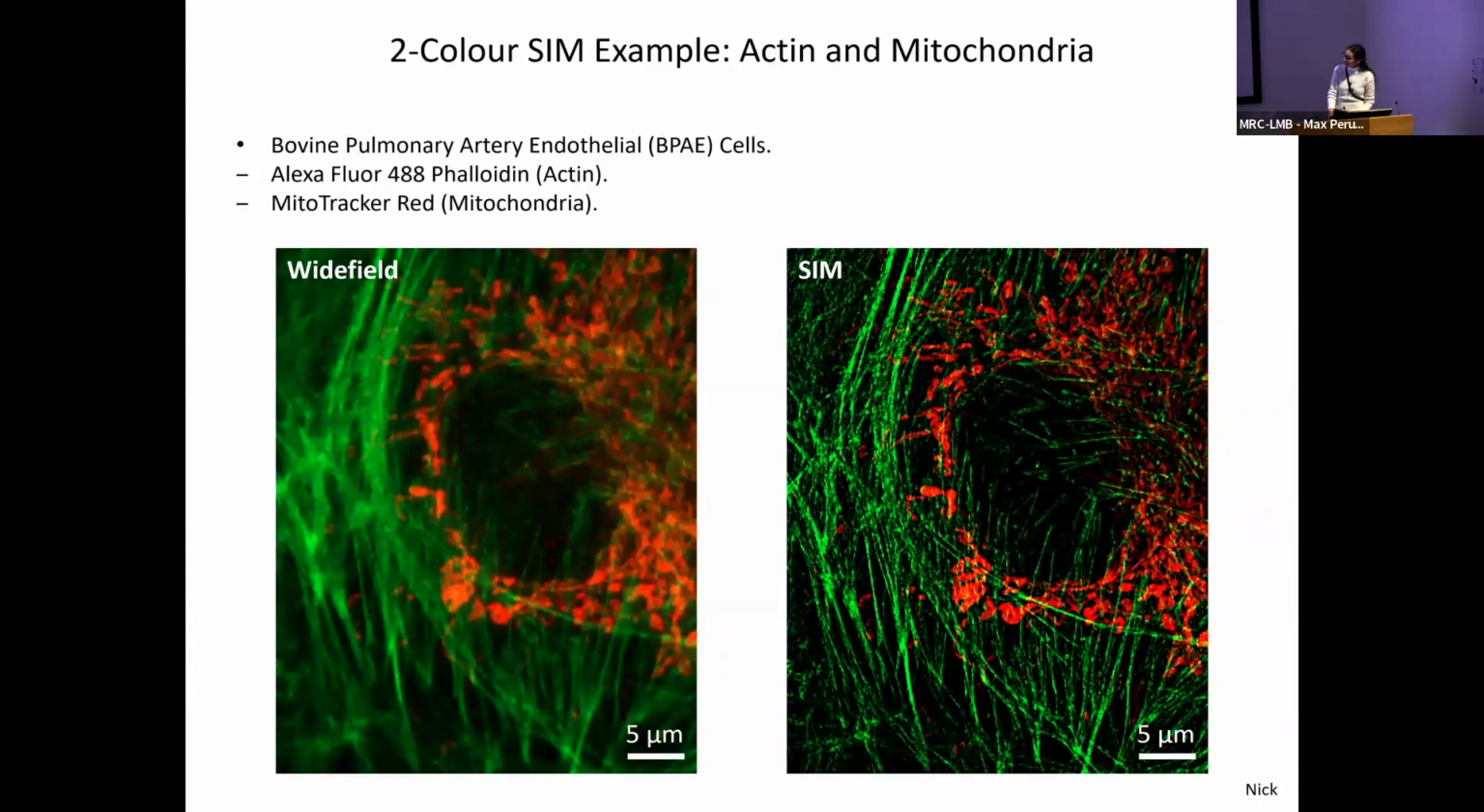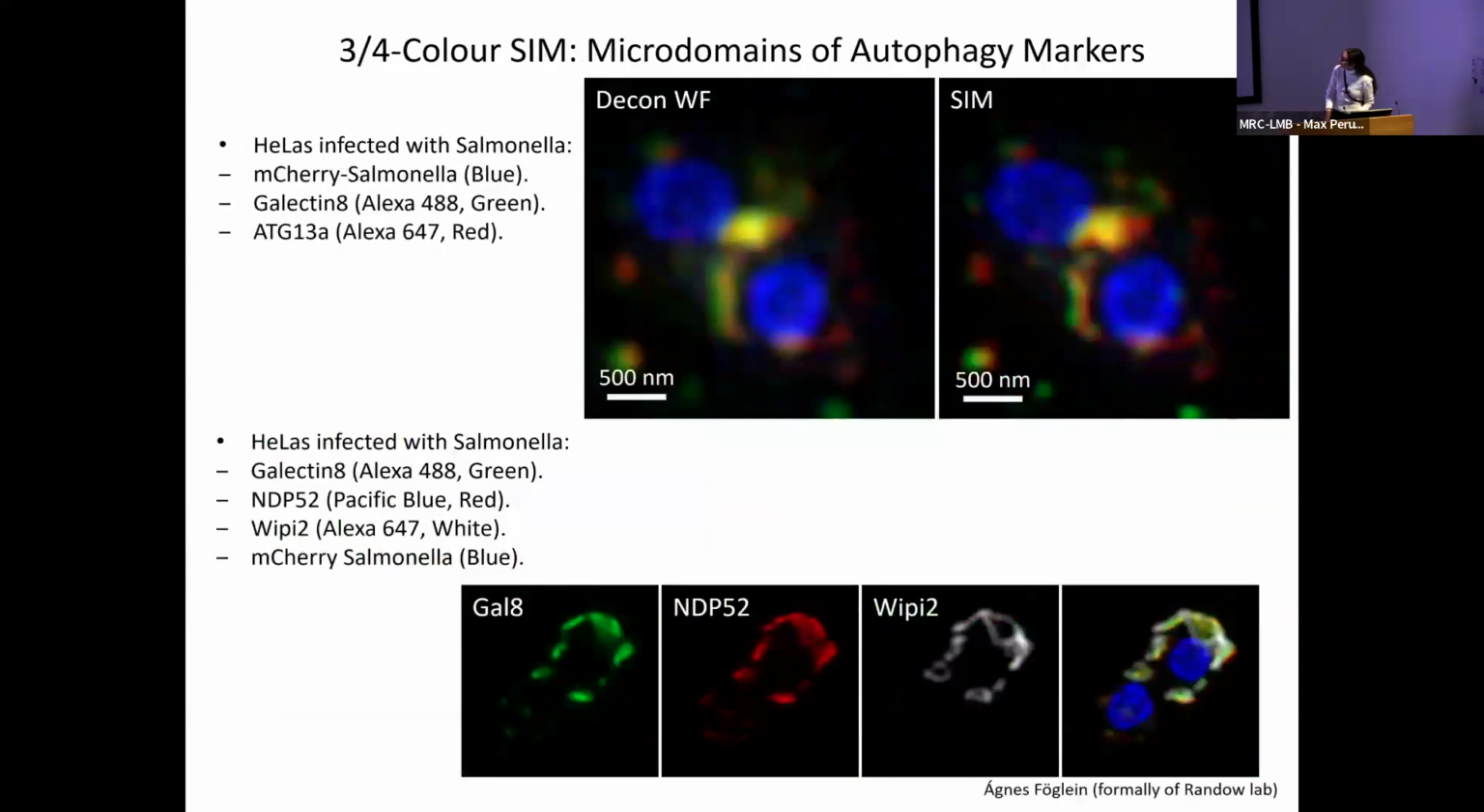So you go from wide field to SIM here, just have a sharpened image, you start identifying a bit better the fibers. You have an improved resolution. Same here,